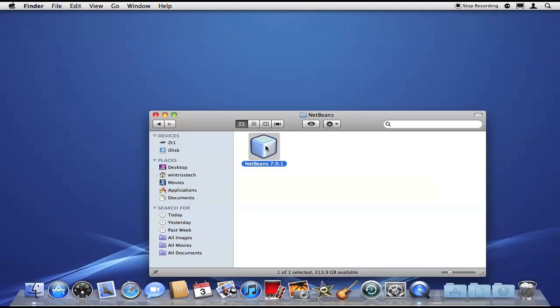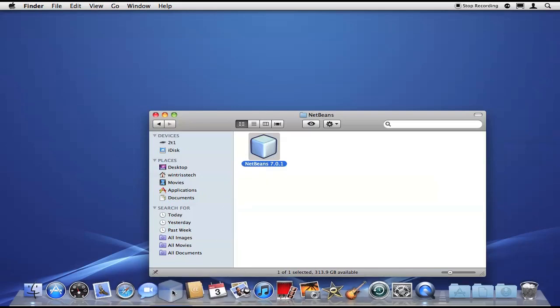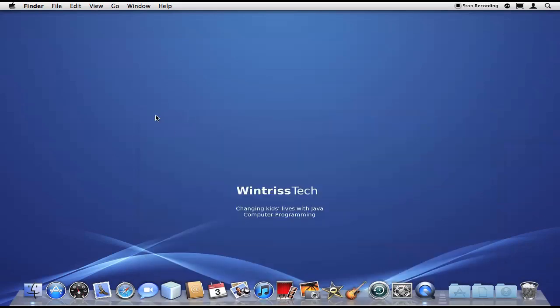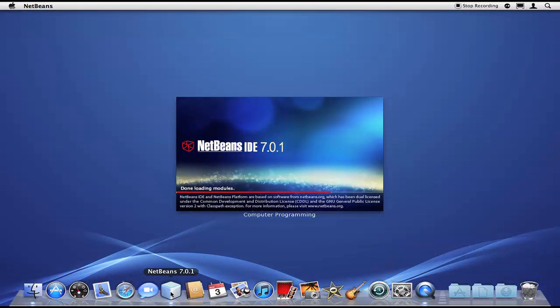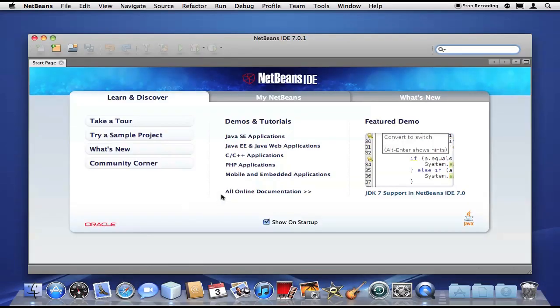Just so I can access this easily, I'm going to drag this down into my dock, put it right over here next to the contacts. There, there's NetBeans. Alright, great. Now we can clean this up and close this Finder window. And now let's start NetBeans. Alright, here's the startup window. We don't really need this tutorial window here. I'm just going to uncheck this box, close the start page,